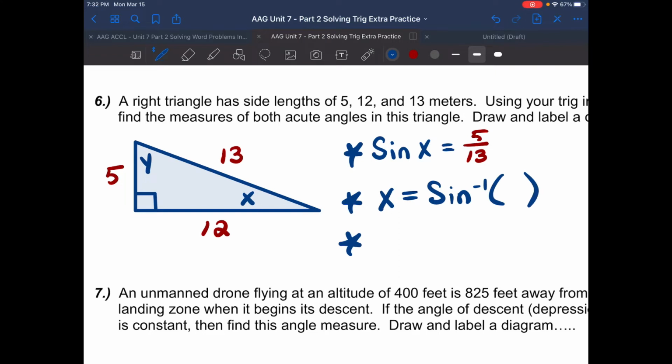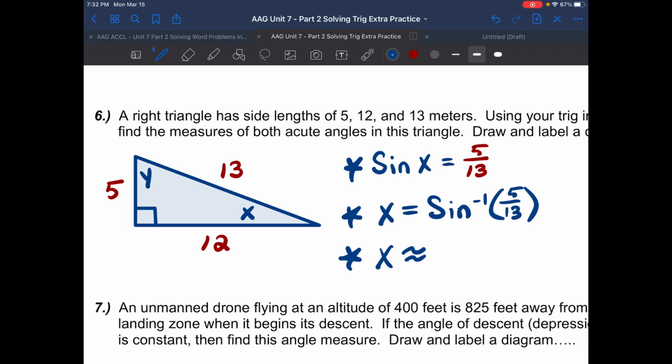Okay, in our previous example with the input-output machine, we were backtracking. So we're going to have to tell the calculator, hey, here's our ratio, here's our fraction. Use the inverse sine to backtrack and undo. Ladies and gentlemen, after typing in your calculator, what is the inverse sine of 5/13? Good. We get approximately